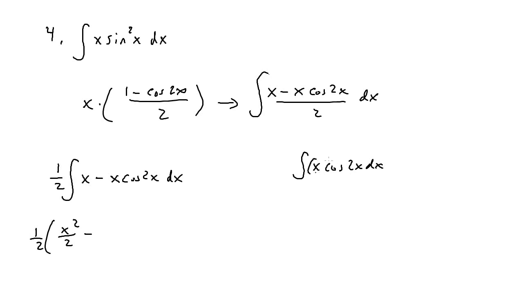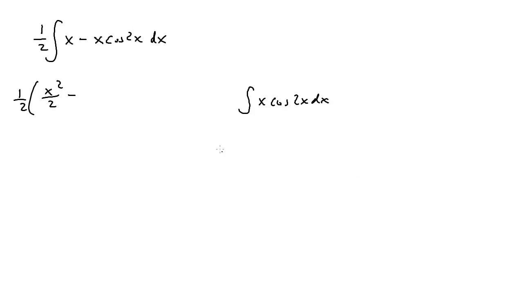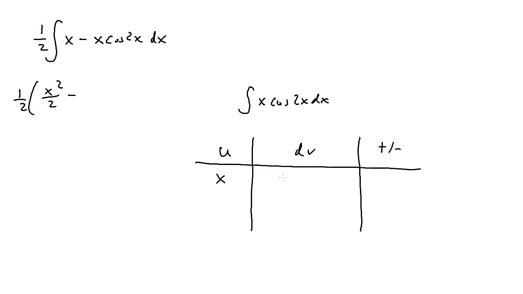Since we do have two functions being multiplied by each other, it's a good idea to use integration by parts, specifically the tabular method. So once again, for the tabular method, I'm going to make 3 columns here, the u column, the dv column, and the plus minus column. So now for the u, I'm going to pick the u to be x, and I'm going to pick dv to be cosine of 2x. So I'll put u as x, dv as cosine 2x dx, and obviously the first row is going to be